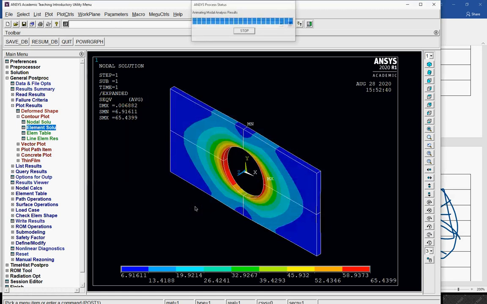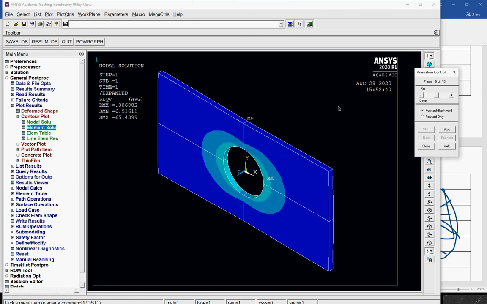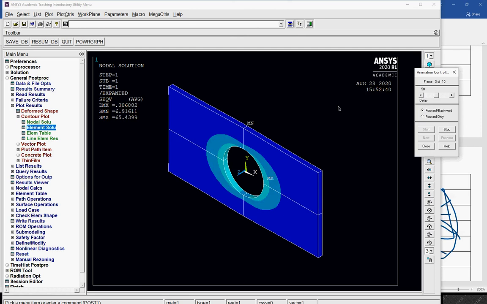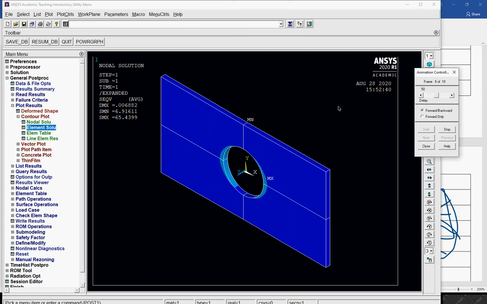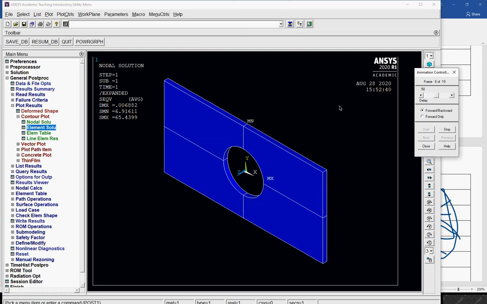Okay. So you can do the animation also, to see how the stress is going to take place.